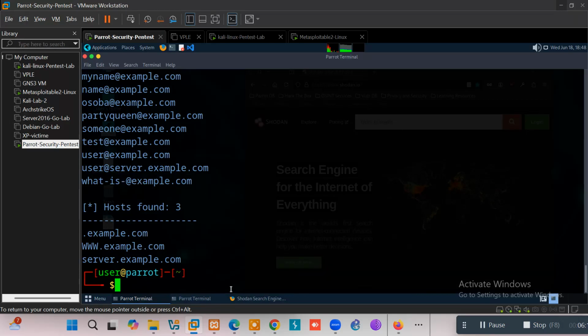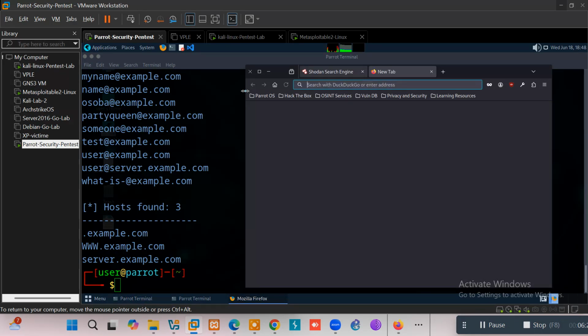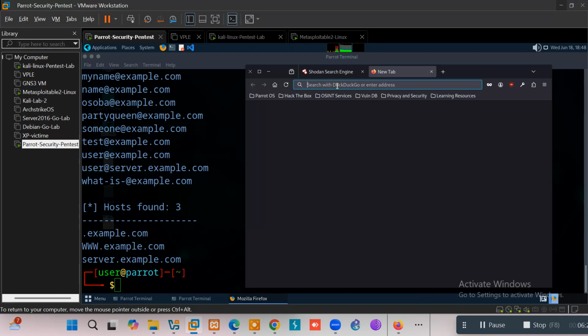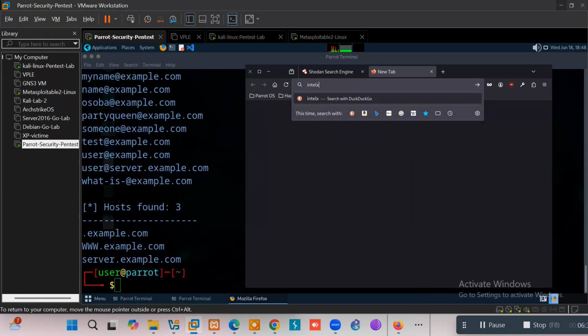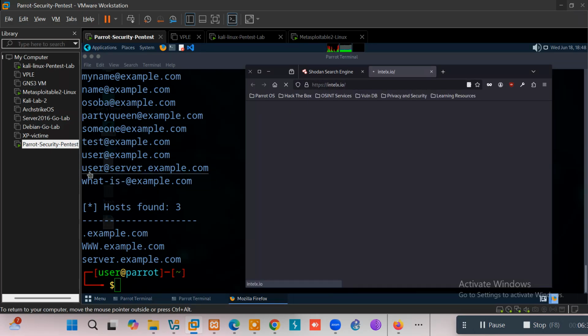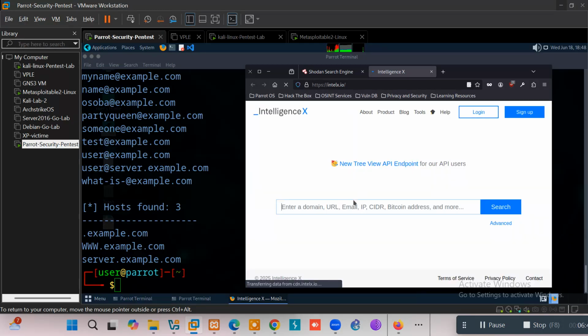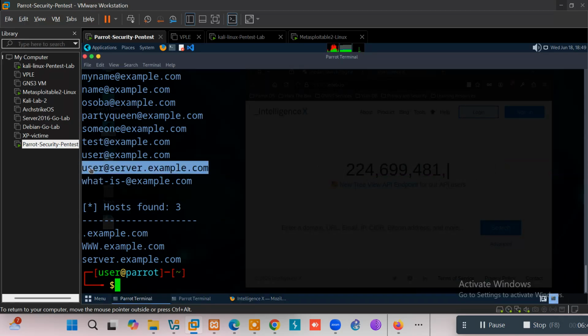There is a site that will guide you to get their respective passwords, and that site is intelx.io. If you come to intelx.io, you can achieve a lot more by entering an email address from here into the search box and searching. If you copy any of these email addresses, let's say for example this one, and put it in,